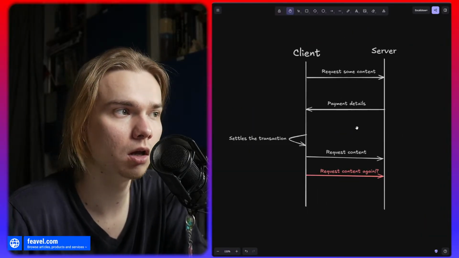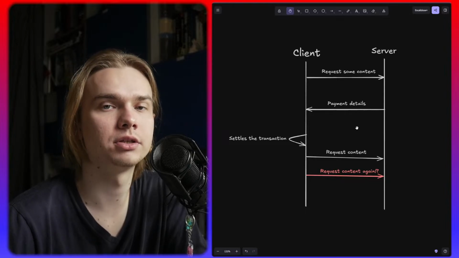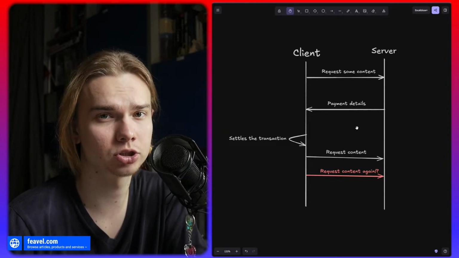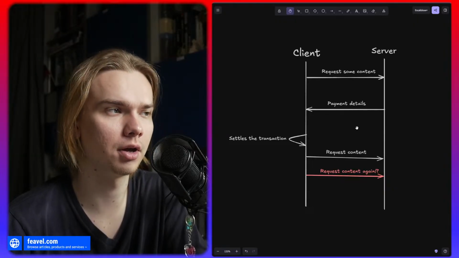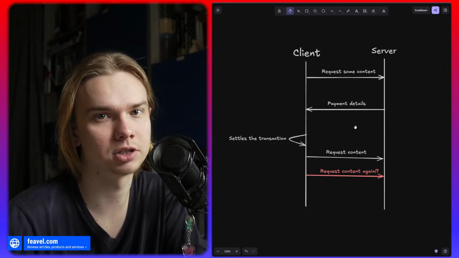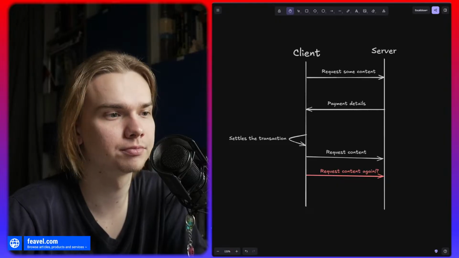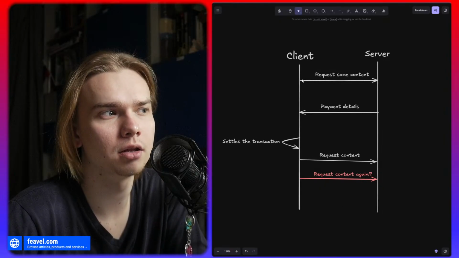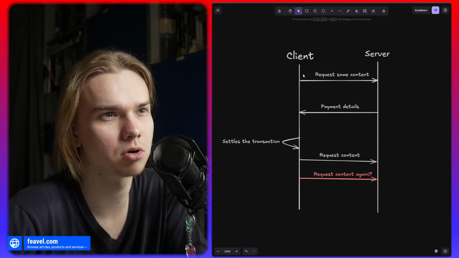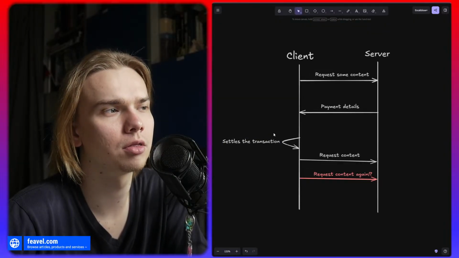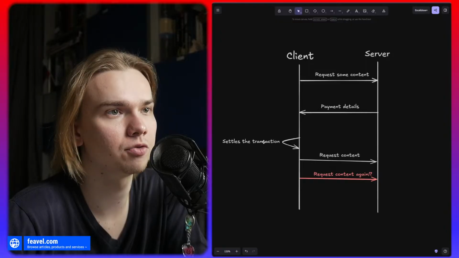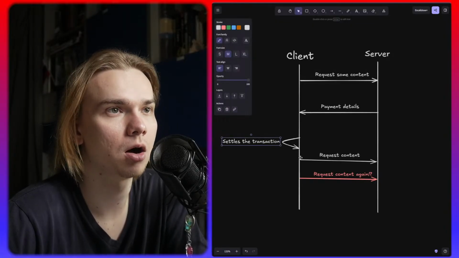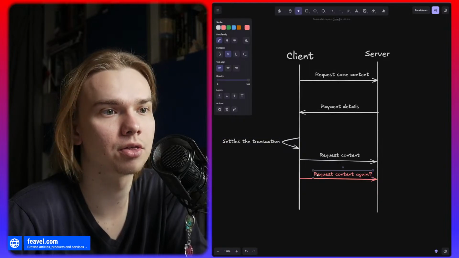So you might ask, how is it different from the traditional way of settling a transaction, and why would you use a facilitator? The main difference is that in a traditional transaction settling process, the main problem is that if you allow the client to settle the transaction by themselves, it's really hard to guarantee the